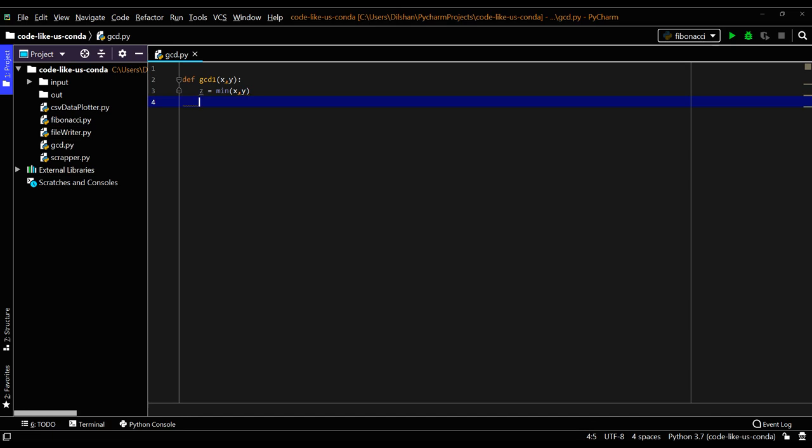Next step, we need to check up to z. We need to go one by one and check whether both x and y are divisible by that value. So I will make a for loop here, for my index i in the range.